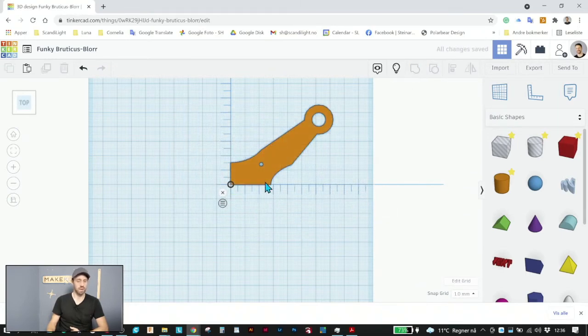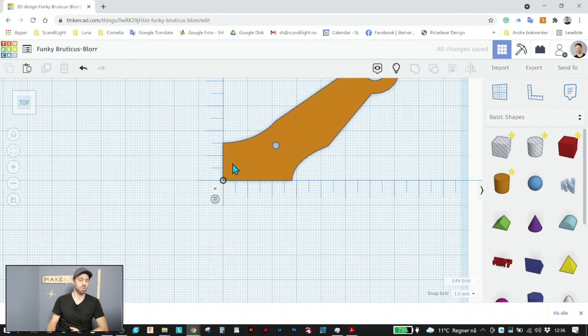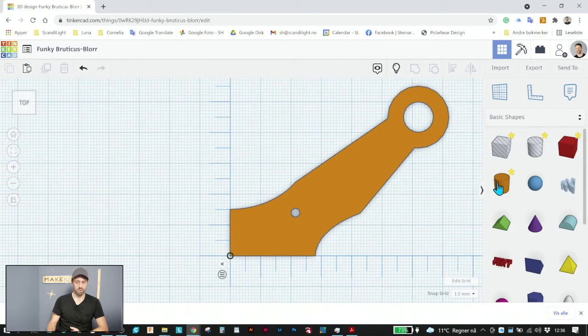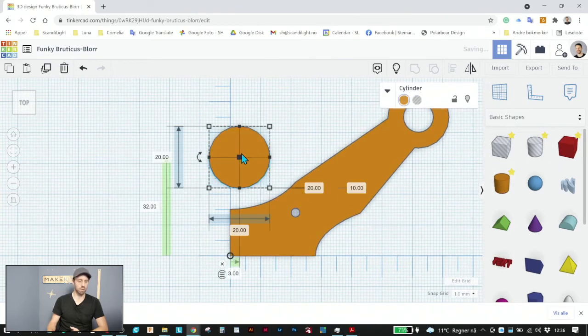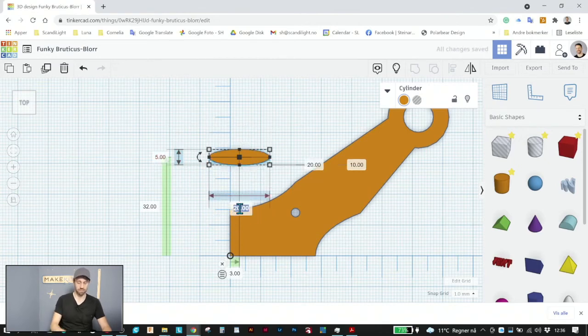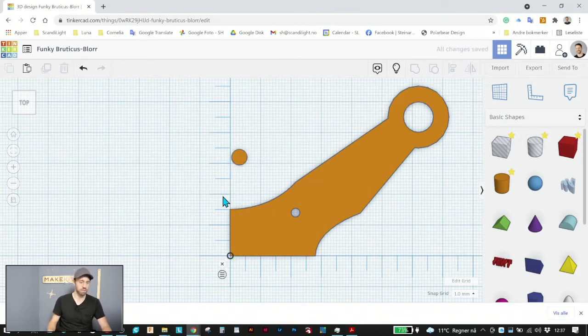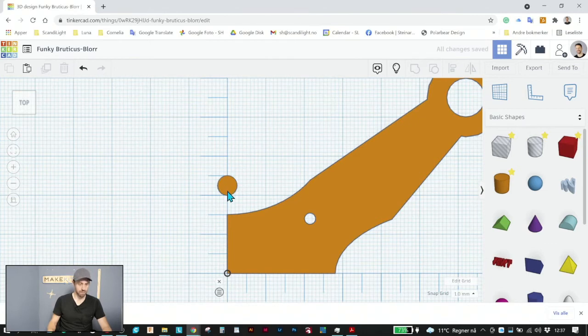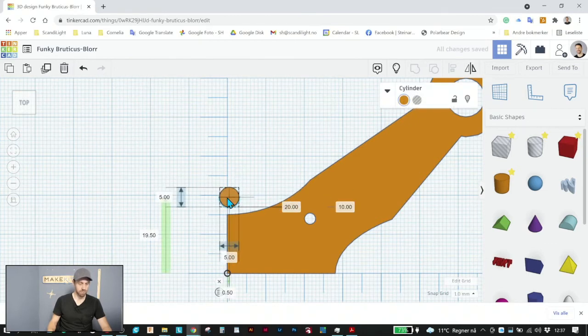Okay, so now we have this design here. Now I do also want a holder for the battery, so I'm going to put this here, and it's going to be on the opposite side as well. Then I go in with a hole. I'm going to choose this as 5 millimeters and 5 millimeters there. Place this in the middle. Maybe a little closer